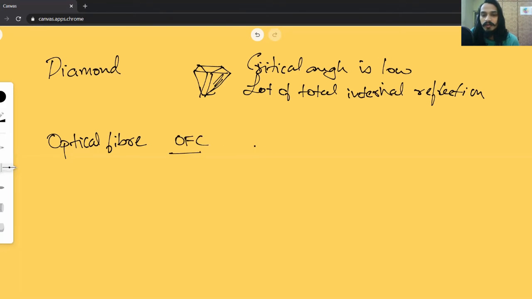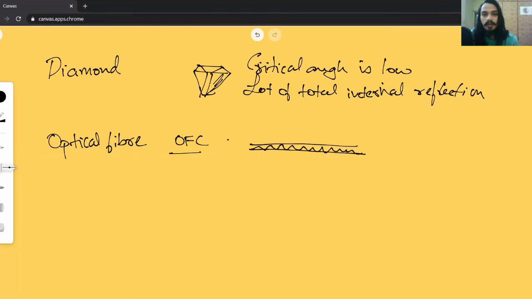Okay, what this OFC is, is nothing but inside of the wire is a very thin strand inside which light is going to travel. Okay, they send light inside of this cable, and that light carries the information that we're supposed to send, and that light just keeps bouncing around inside and goes to very long distances.